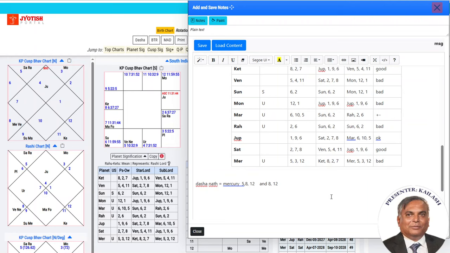So when this person undergoes, which he is currently undergoing, the Mercury Rahu period, then this Rahu provides this. You see how strong Rahu is. First column, second column, third column. Rahu is very bad. So Rahu provides the additional 6th house influence. So together the Mercury and the Rahu Dasha becomes problematic, and that is what is happening in this chart.